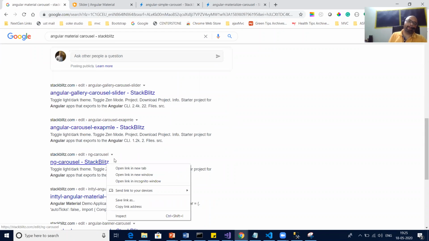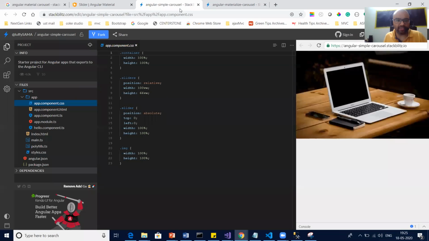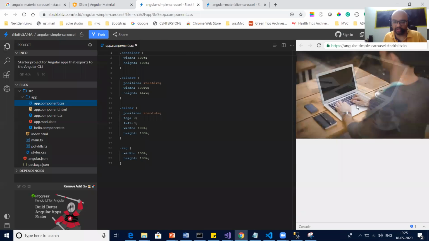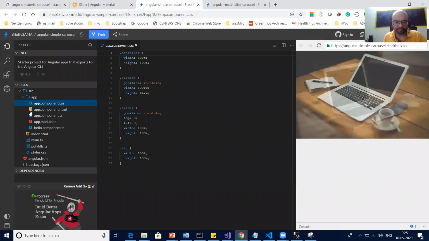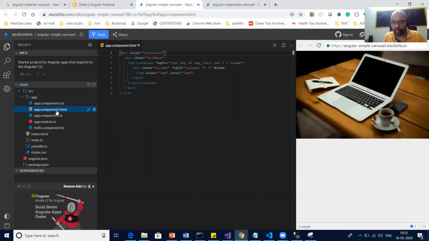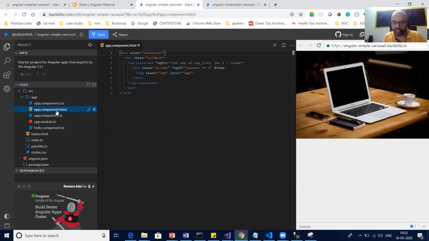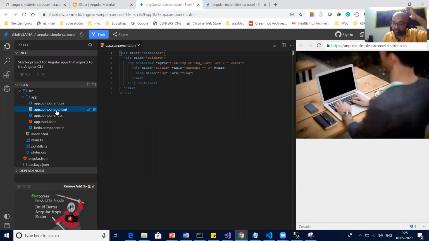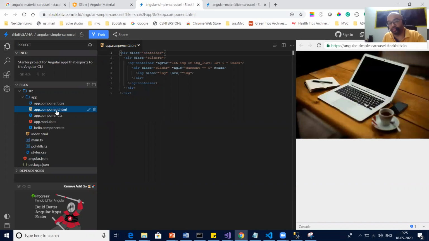No, we are not having it. No problem, no issues. So we can create our own. We can create a simple carousel on our own, like this, or we can go ahead with some library. All are fine. We can create our own, and we can also go ahead with another third party carousel.